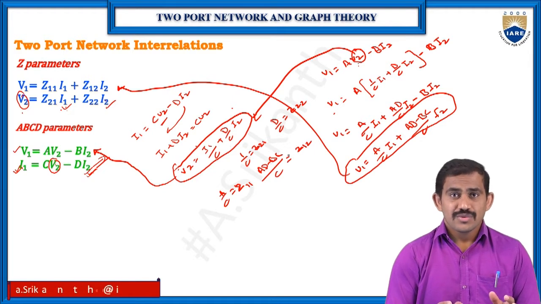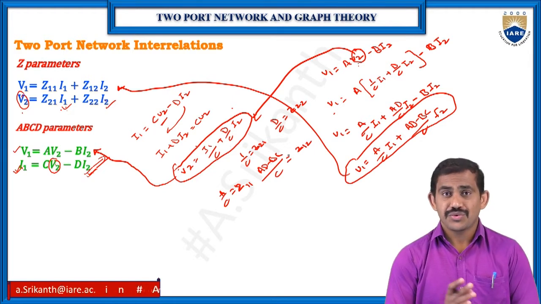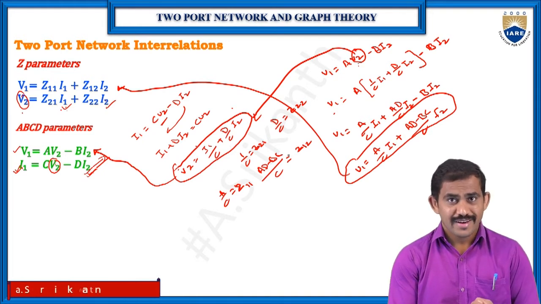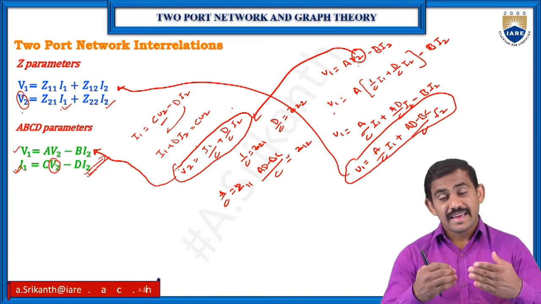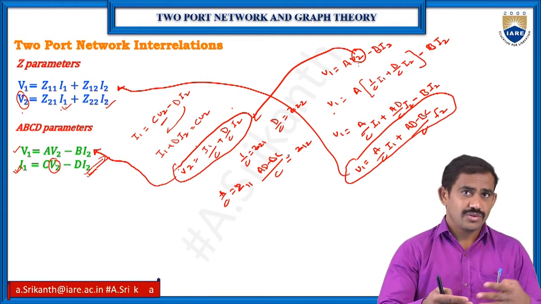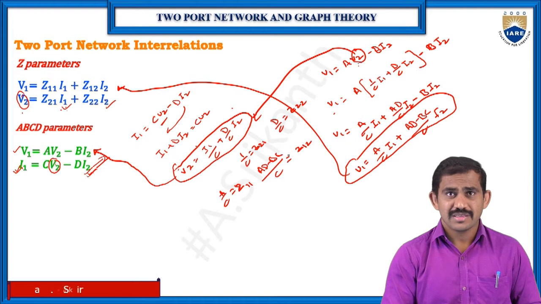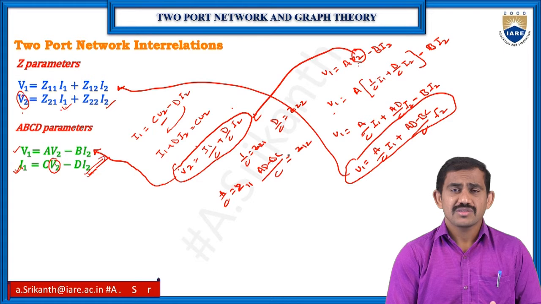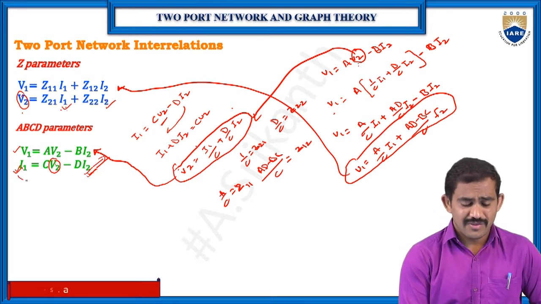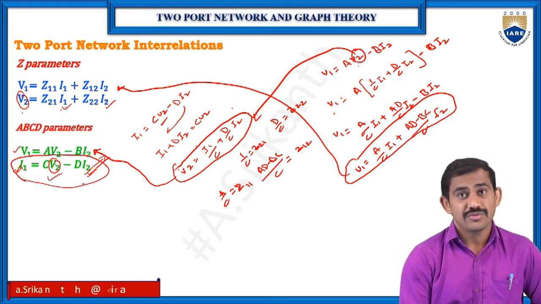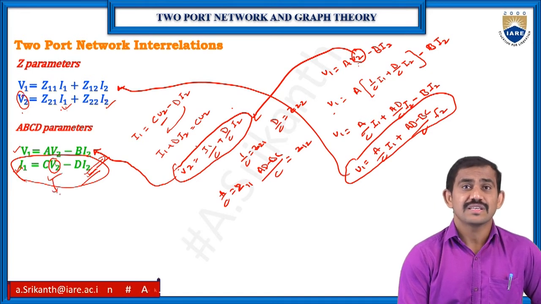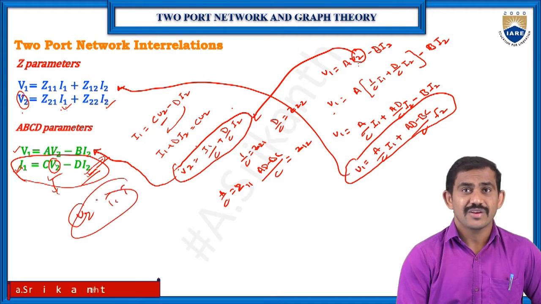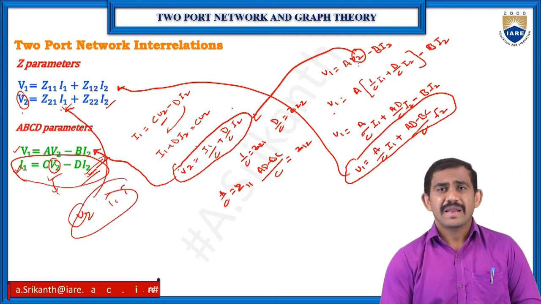Clear? So don't confuse. Here we have two things. One thing is we need to know which parameters we need to find out and what the equation is. Then compare both equations. So we have ABCD parameters and Z parameters. If I compare with those values, it's very simple. So I know I1 in form of V2 and I2. Then using this equation, I want V2 in form of I1 and I2. So we'll get that equation and compare with your Z parameters equation.